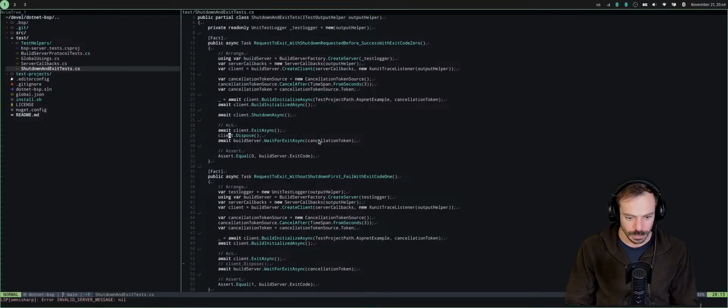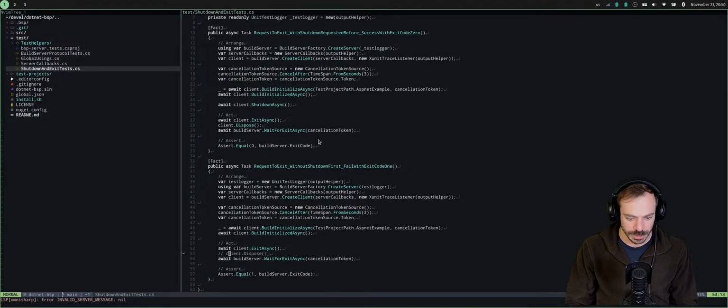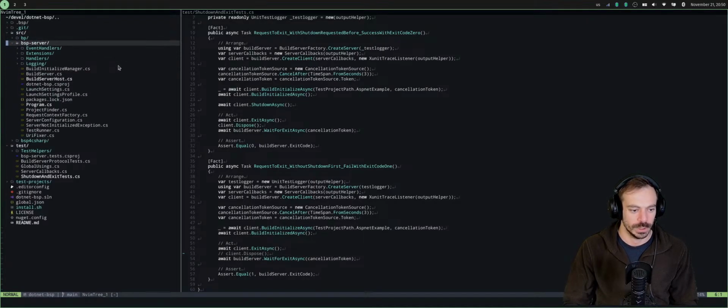I had to dispose the client so the server shuts down. Before that, the server just waits an infinite amount of time. So I guess there's something wrong with the logic there, and I have to figure out what it is.